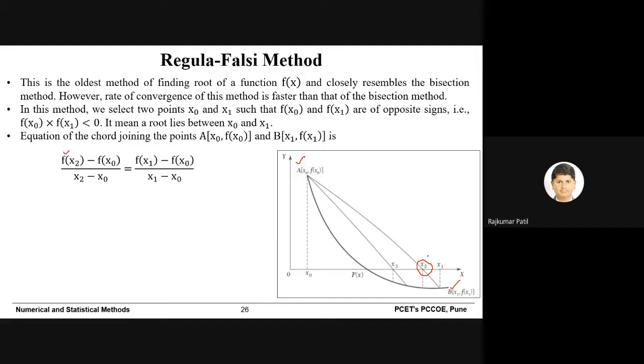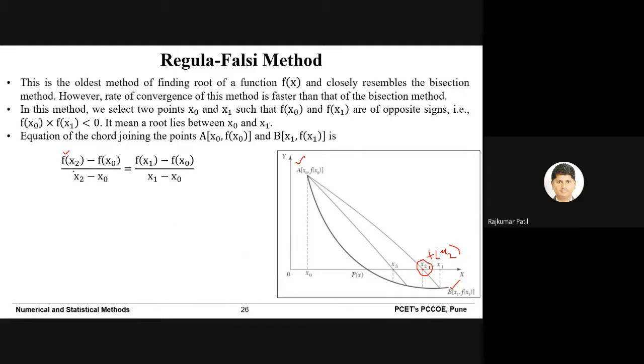This f of x2 is related to the point where the straight line intersects the x-axis, as you can see in the figure. Of course, you may say that f of x2 will be 0. That is true, but initially with the help of these 3 points we are going to prepare the equation of